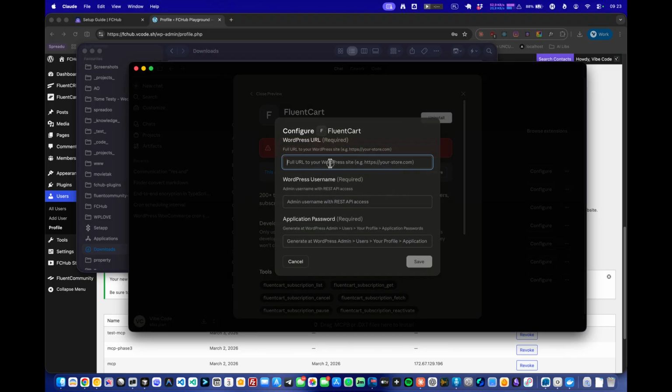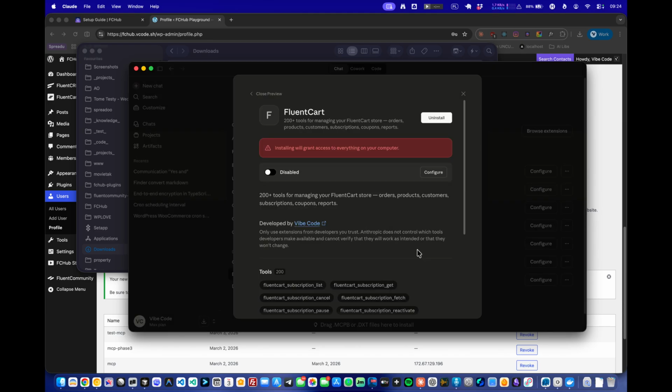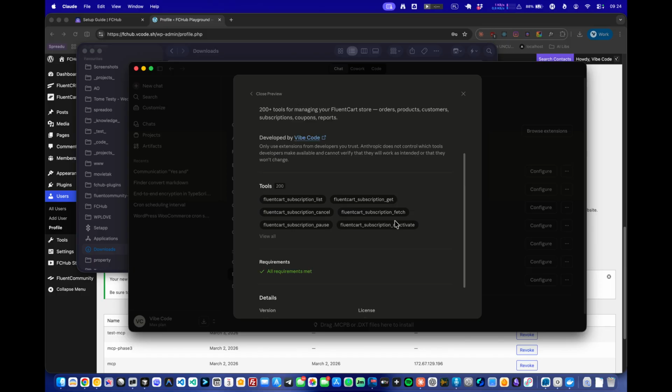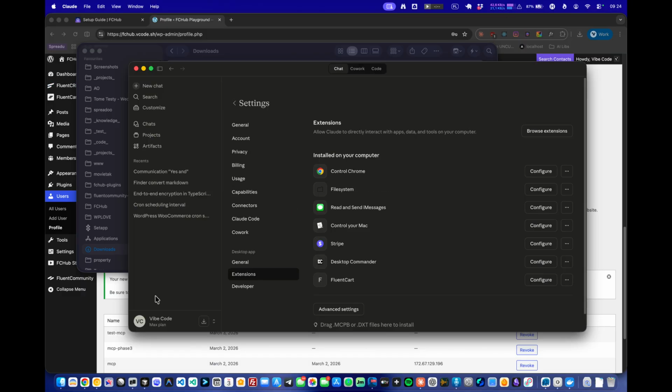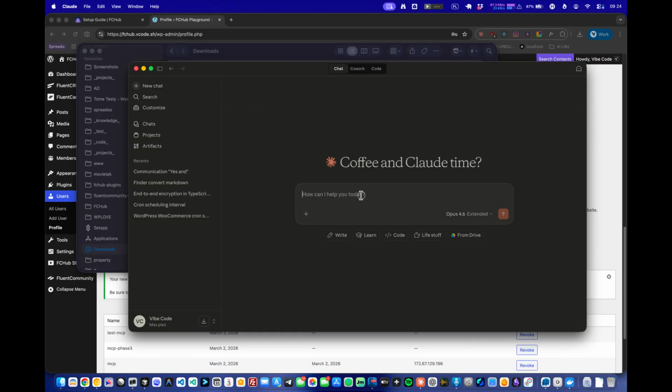Yeah, so your WordPress HTTPS URL, that's my test WordPress. My username, so it's admin, and this password that I've just generated. So I'm just going to copy paste that. Save that, and you're good to go. The thing is, there's no information that you're ready to go, but you just need to click enable, and that's it. Now you can click new chat, and for example,